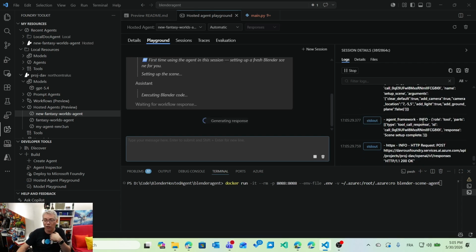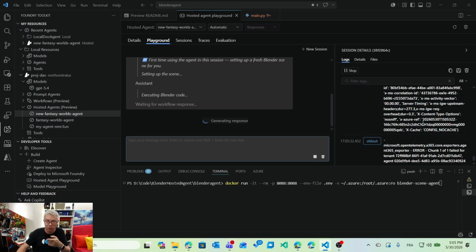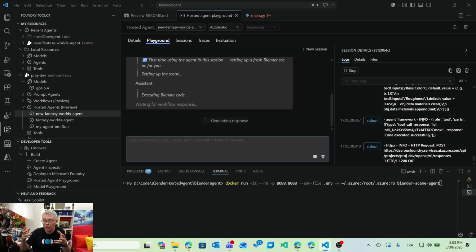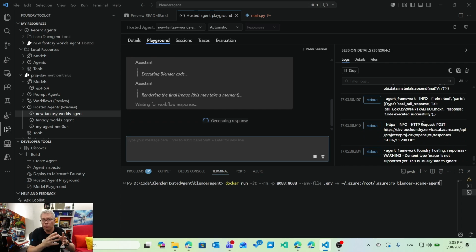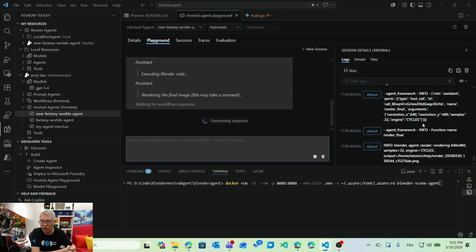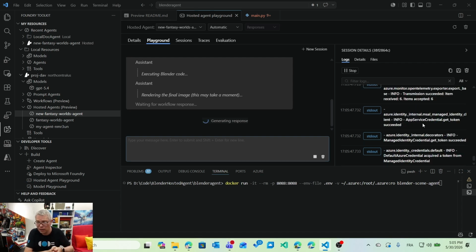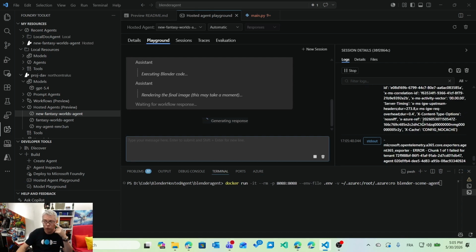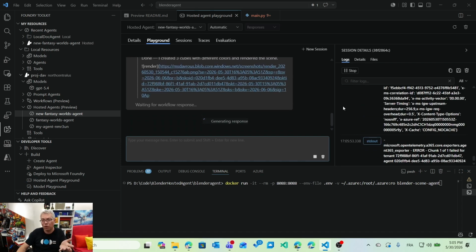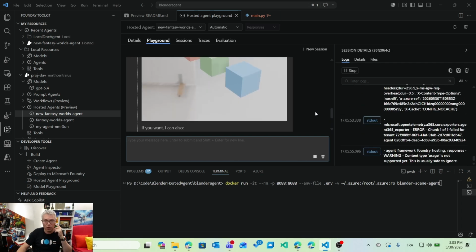In my case, I'm generating Blender code on the fly. So it was really interesting to see the log and see if the Blender code was not generated properly. So I've been able to fine-tune my prompt to tell the agent, do not use this specific API of Blender, because I would like to guide it. So it was something very useful to check the agents. You could also do evaluation on the platform